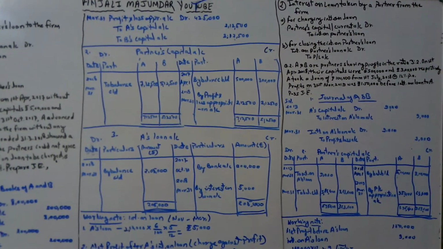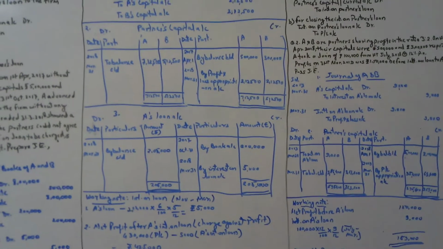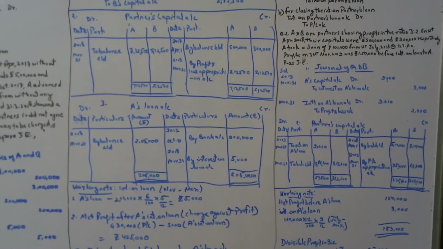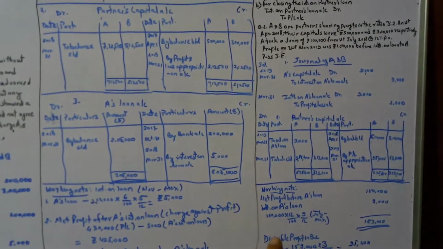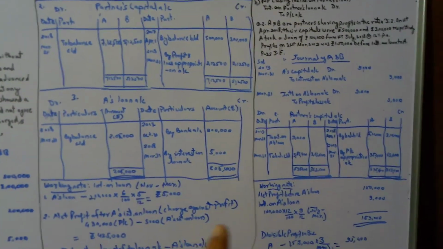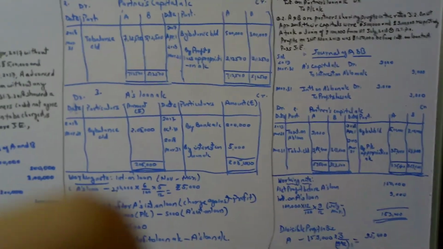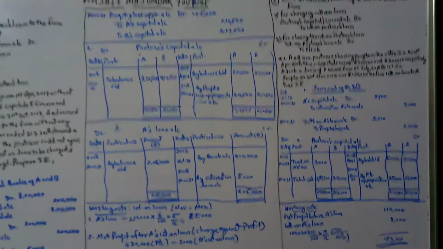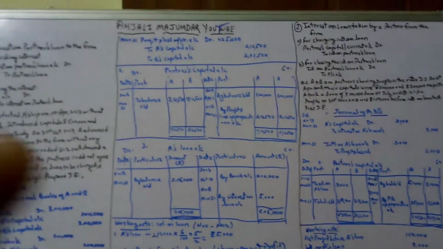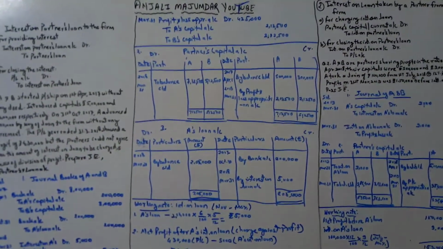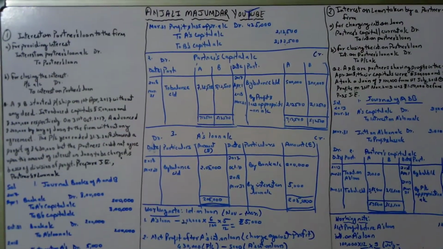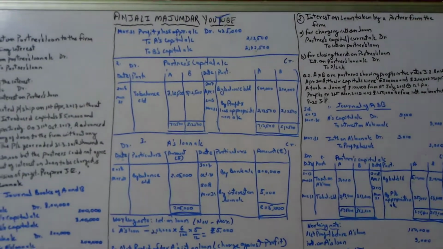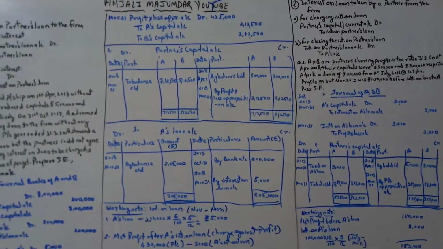Okay, so here 1 lakh into 12% into 9 months. So this way the interest on loan is 9,000, as you can see in the working note, and net profit is 1,50,000. So 1,50,000 plus 9,000, 1,59,000. So here I would like to point out a major difference in the two questions. The first condition says when partner gives loans to the firm, that interest on loan is a charge against profit, that is a loss that the firm has to pay. But in the second case, when partner has taken loan from the firm,